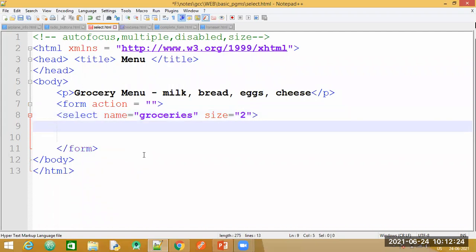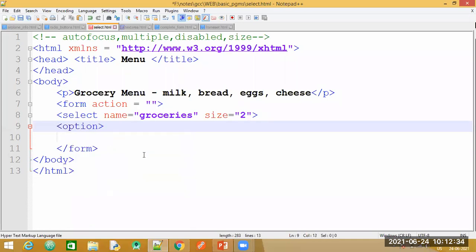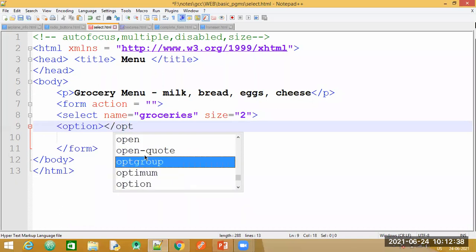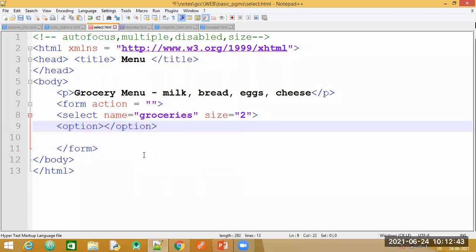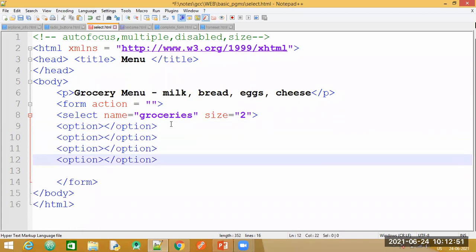Okay. Now inside this I need to make use of the option tag to specify the list of items that need to be displayed. I'm going to copy paste this 3 more times so that I can have my drop down menu.